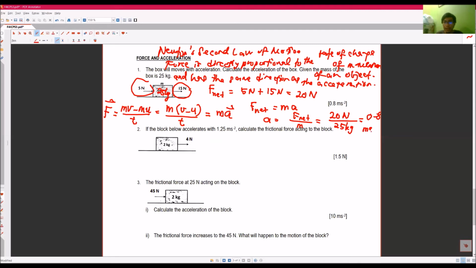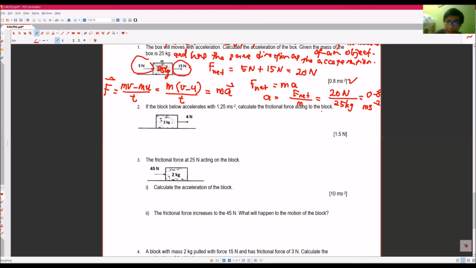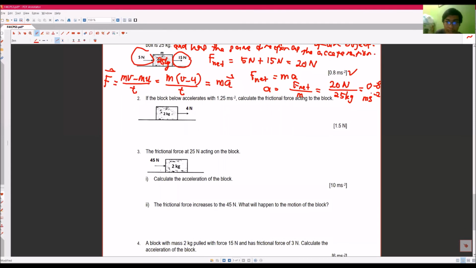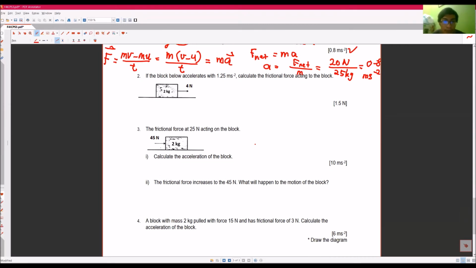0.8, the unit for acceleration is meter per second square. So we got correct there. And then the direction of this acceleration is actually the direction of the net force. Okay, number 2, if the block below accelerates with 1.2 meter per second square, calculate the frictional force acting to